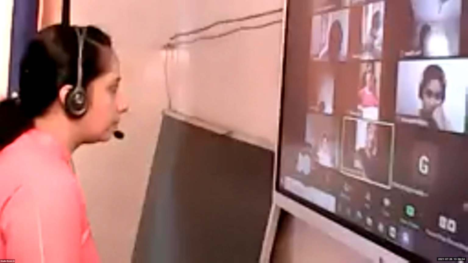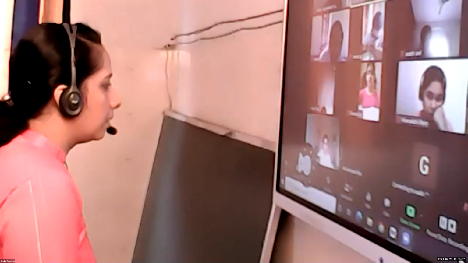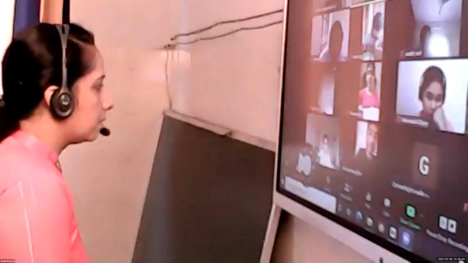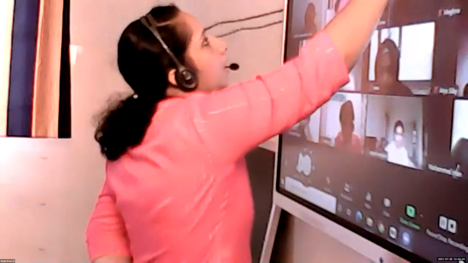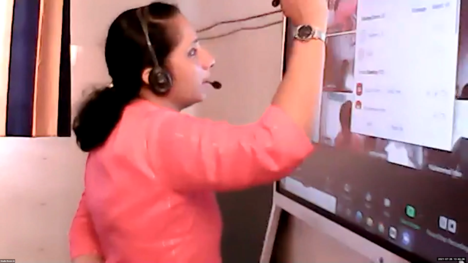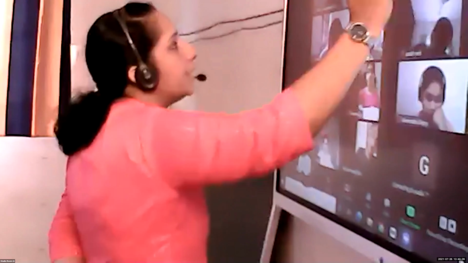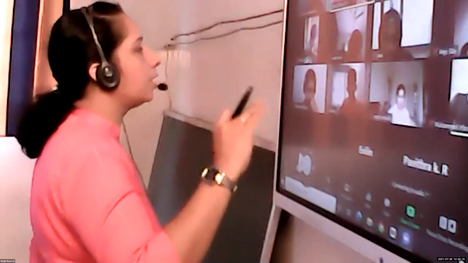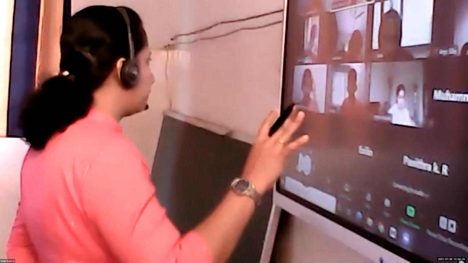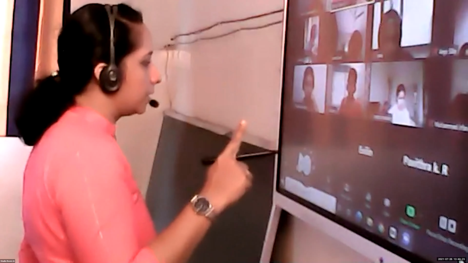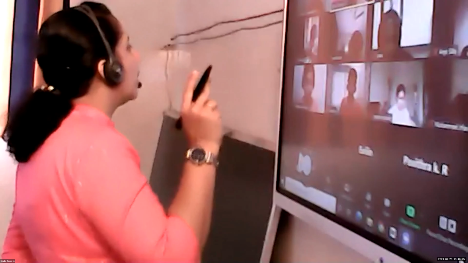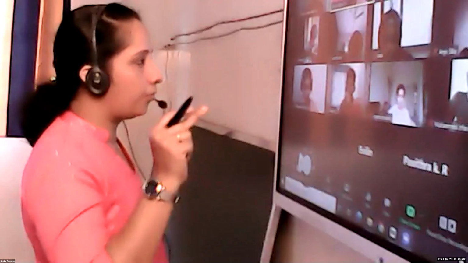Display the last 5 values. Yes, last 5 values. That is, tail means end. Tail means end, and head means starting. So the head function is used for displaying the first elements. By default, it will display 5 rows. We can give the number also. If I give 1 there, it will show 1 row from the series. If it is 2, it will display the first 2 rows if it is a head function.